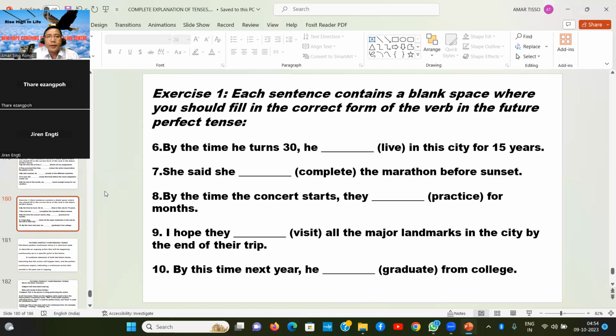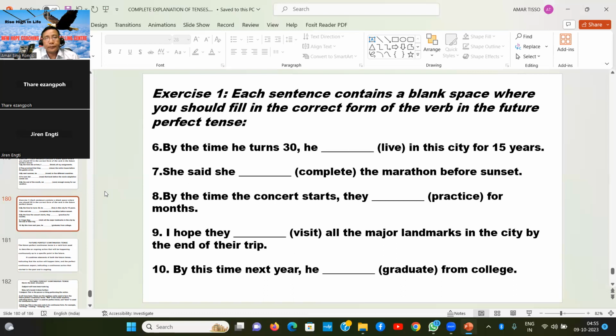Okay. Number 9, Jiren. I hope they will have visited all the major landmarks in the city by the end of their trip. Yes, good. I hoped, this is okay, hoped. I hoped they will have visited all the major landmarks in the city by the end of the trip. Okay. Number 10,